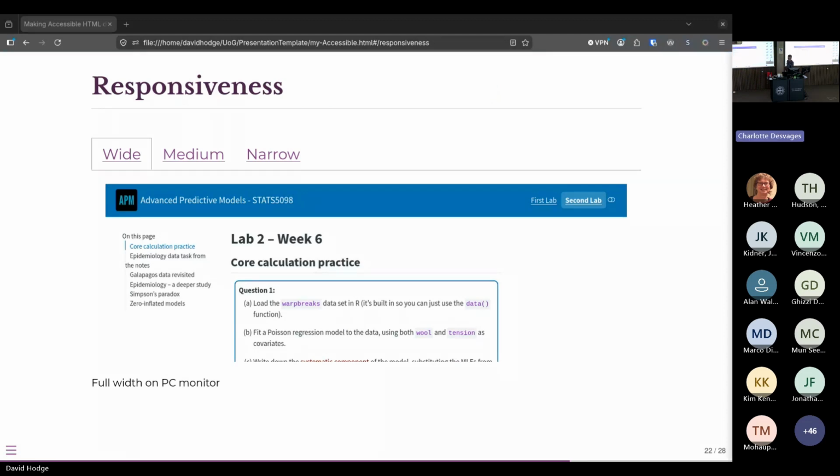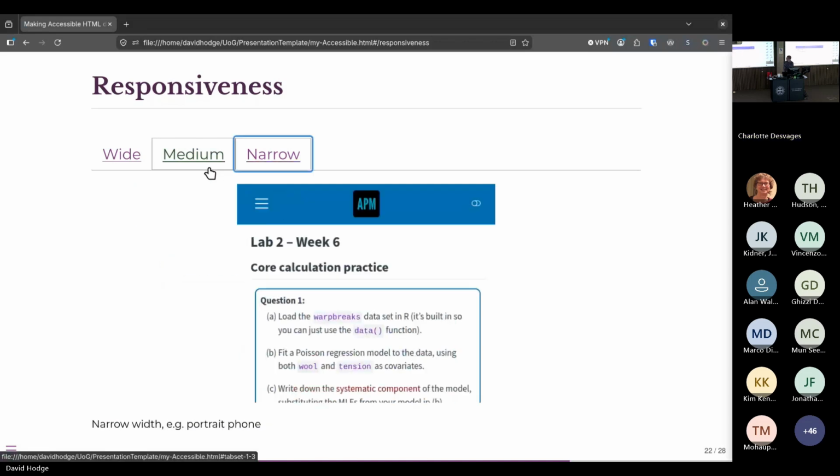Responsiveness, so a wide screen, a medium width screen, a narrow screen, all the same page. This is some lecture notes from my course this year. You'll see, oh, that didn't change. Okay, that's because I'm doing the presentation version. Let me just jump to here. Here, narrow, medium,